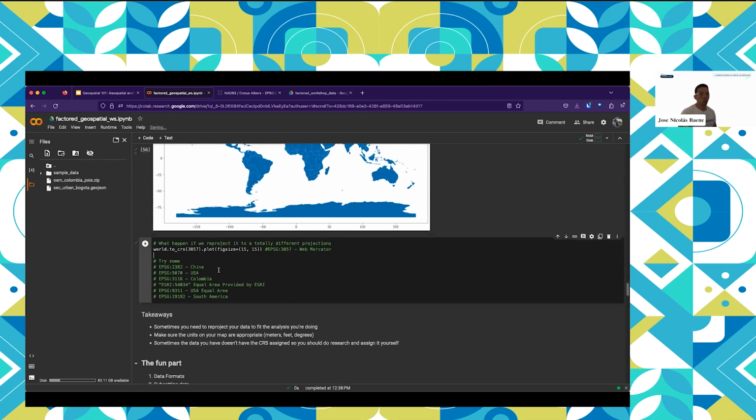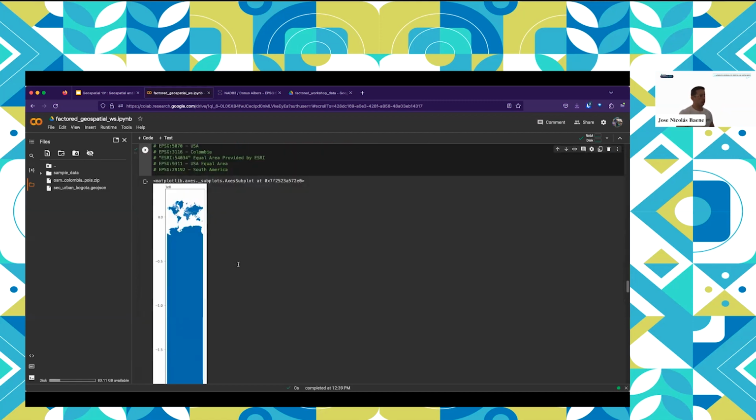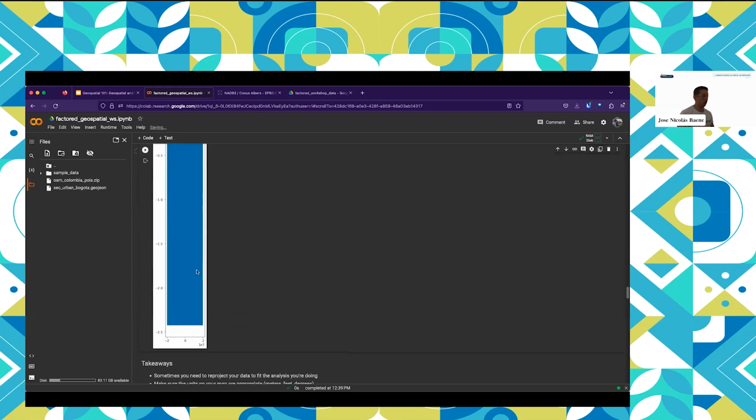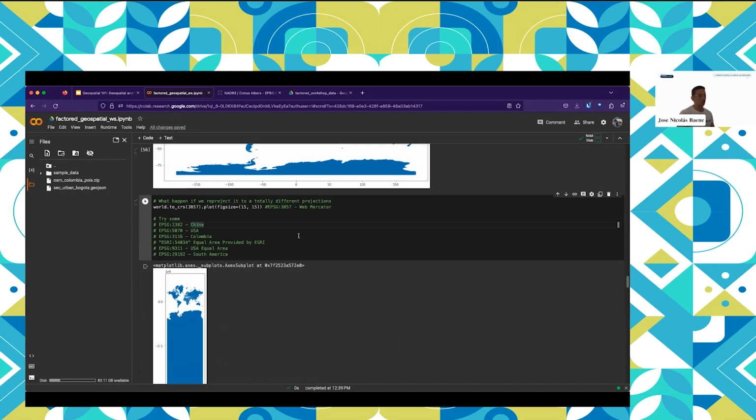And here we can also do reprojections. I can take 4326 and take it to a whole other projection, depending on my application. And here I just wanted to show you. So we use this command, to_crs. It seems too simple, but it's very simple. Okay, from one CRS to the other one. I just input here the code, 3857, which is the Web Mercator. And if I try to plot that, well, we start getting weird results because of the way it's coded and because of the way it tries to represent the Earth. So you start having results that you have to deal with.